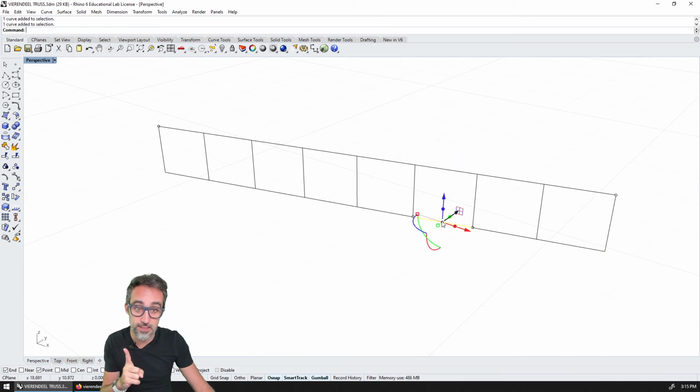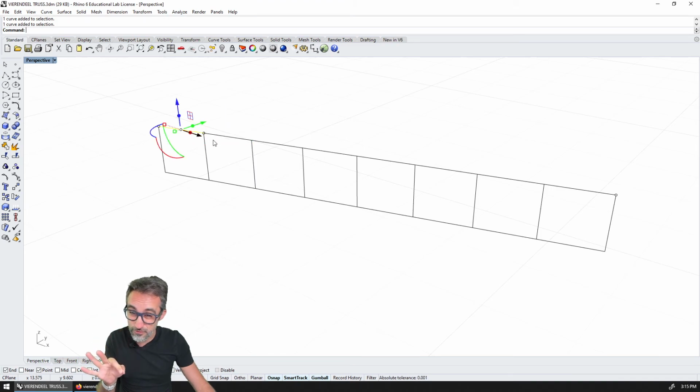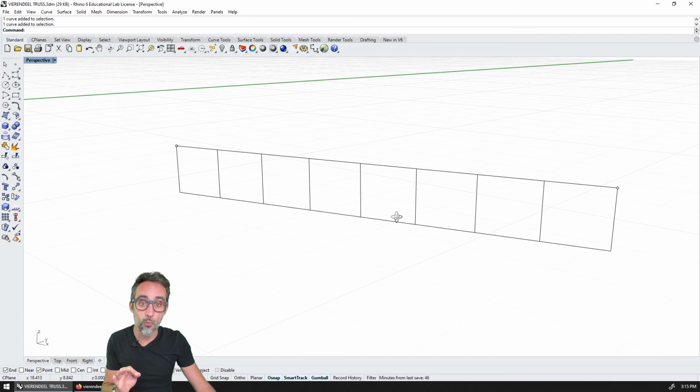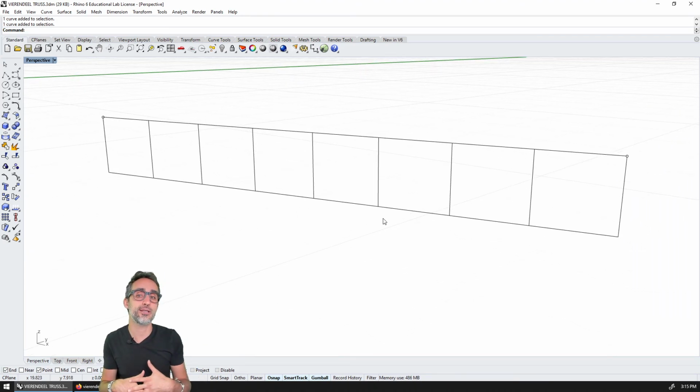And each one of these is also an individual line segment that joins the nearby nodes. So this is great. This is perfect. It's super clean. And it would be a wonderful wireframe CAD model to send to a structural engineer, a structural calculation software.